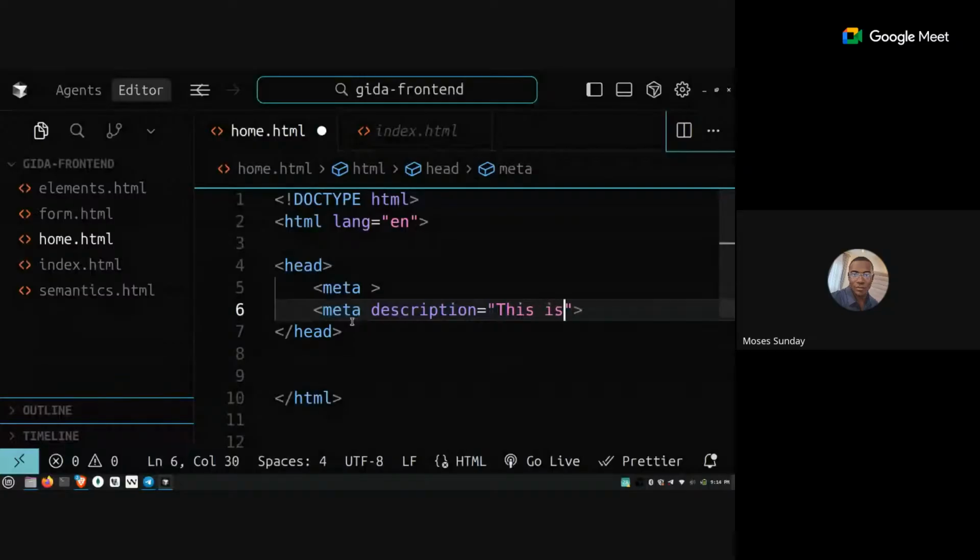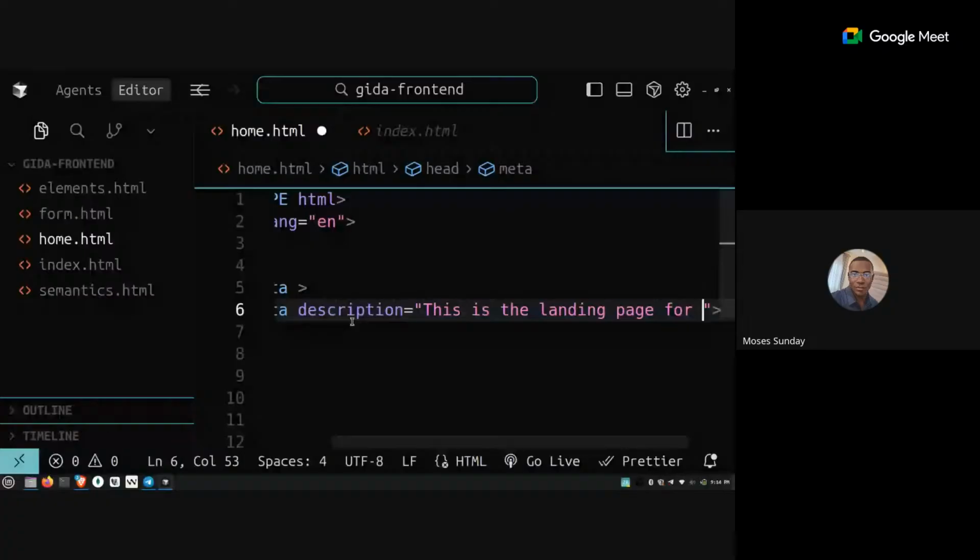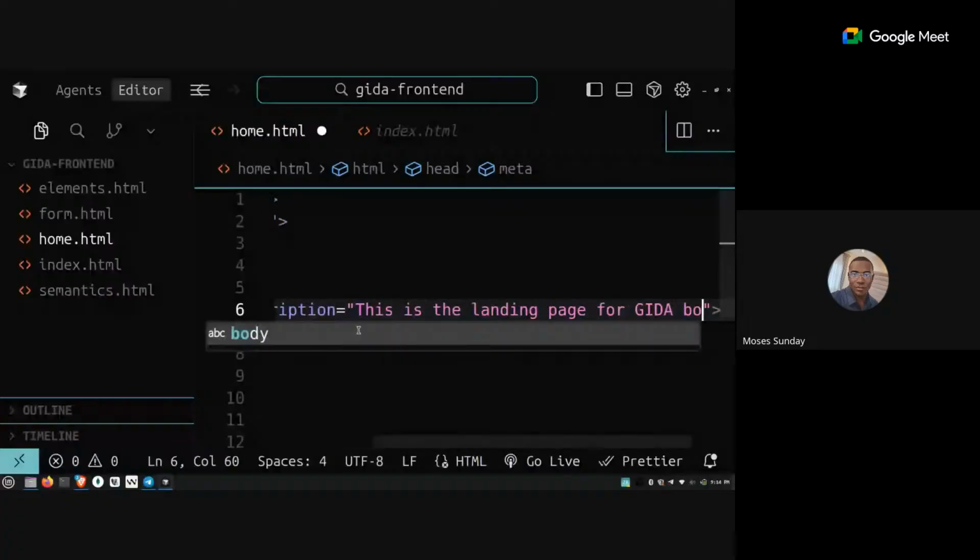for GIDA Bootcamp. So something similar to this. So you can specify a lot of information